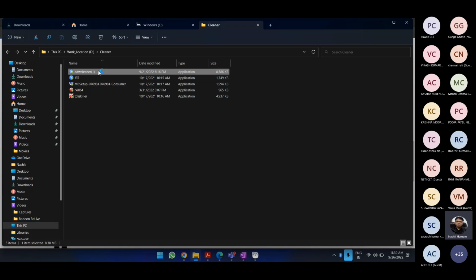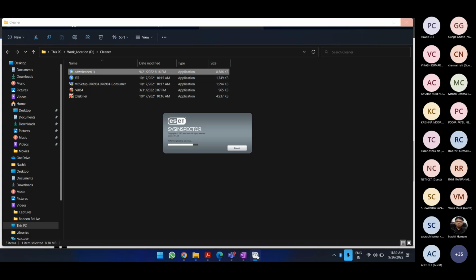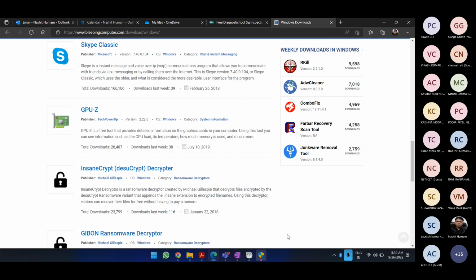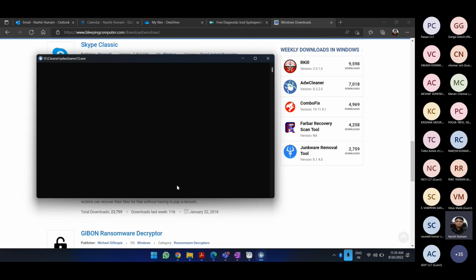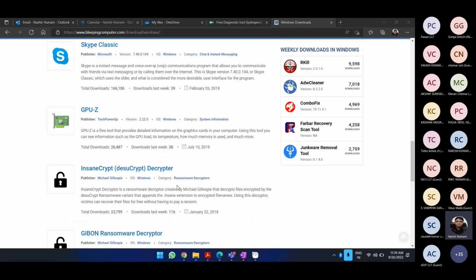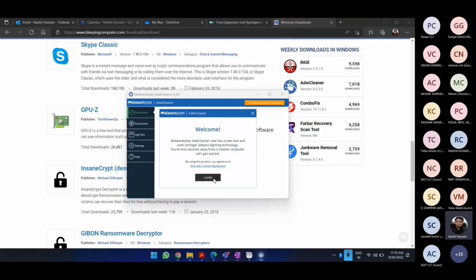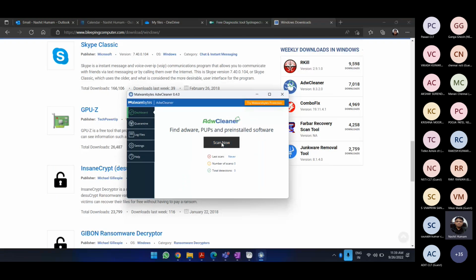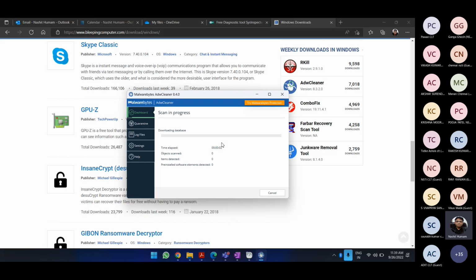Let me show you this ADW Cleaner. This will do a small installation, but it will be very fast. It won't take a lot of time. And it is really very helpful. I showed you a number of times.